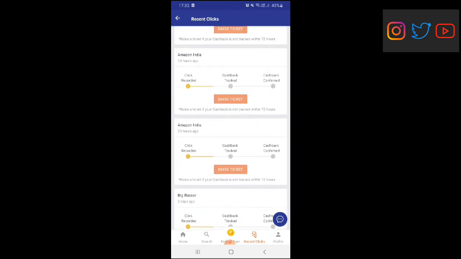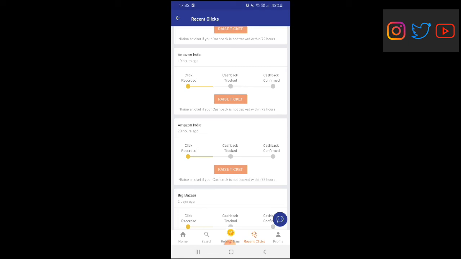Here you can see raise a ticket if your cashback is not tracked within 72 hours. If you don't get your cashback within 72 hours, you can raise a missing cashback complaint. For this I'll upload a video. You can just click on that and watch how you can raise a complaint ticket.